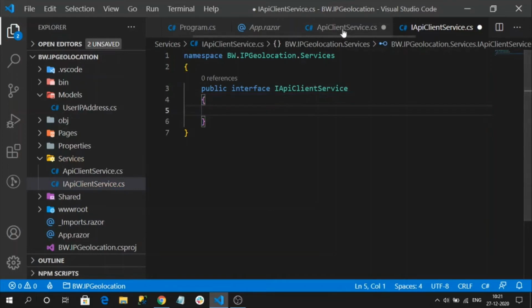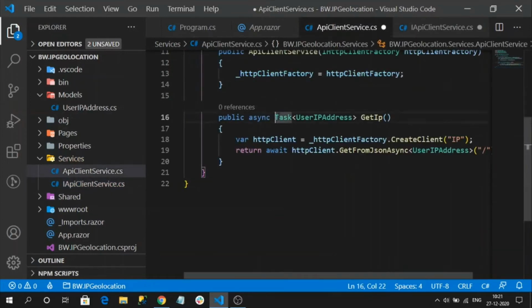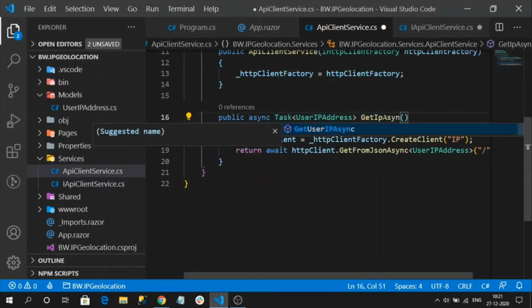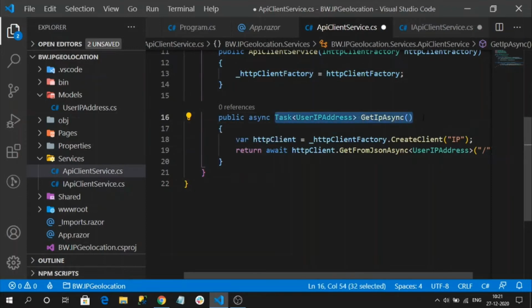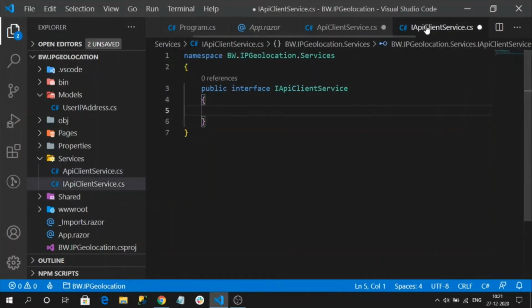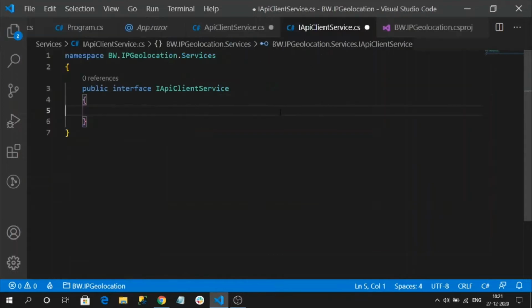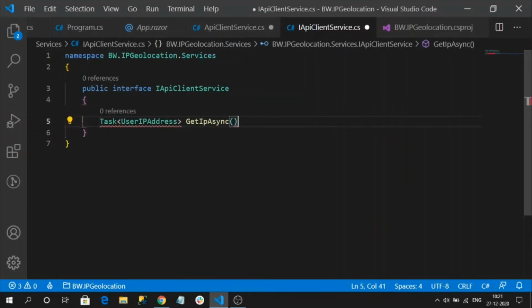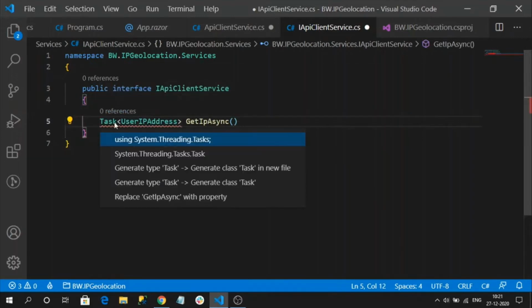Just copy this. Let me make it async, just a naming convention. Let's copy this into our interface. So let's import namespaces.